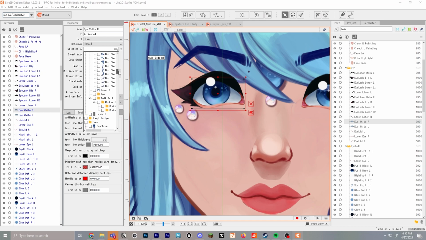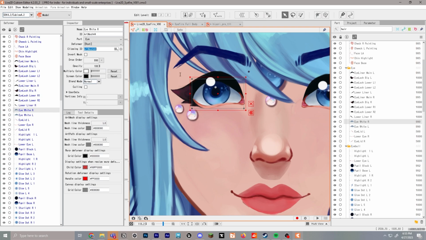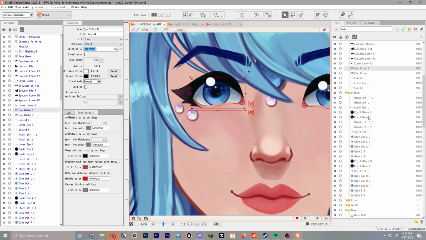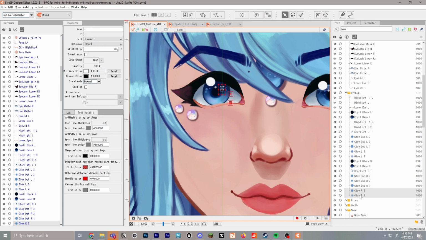We're going to open clipping ID, and we're going to select the eye white right. We're going to highlight this and then Command C to copy it. And we're going to go to all of our eyes that have to do with eye right and select those and paste in that clipping ID. And I have these right selected. I also need these two, so I'm going to paste it there as well. And then I also have these two guys up here where we will paste it in.